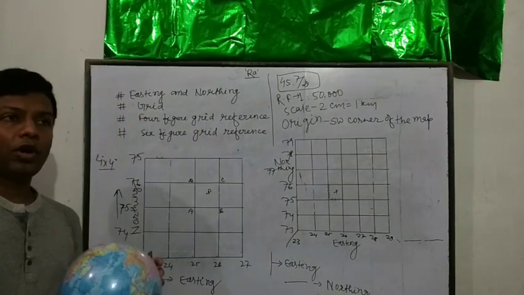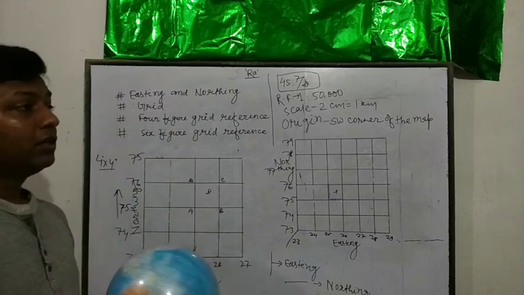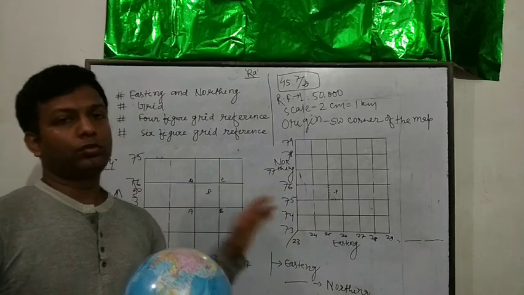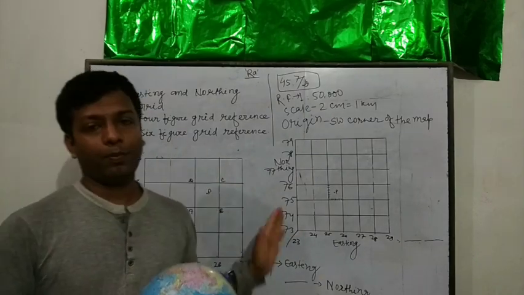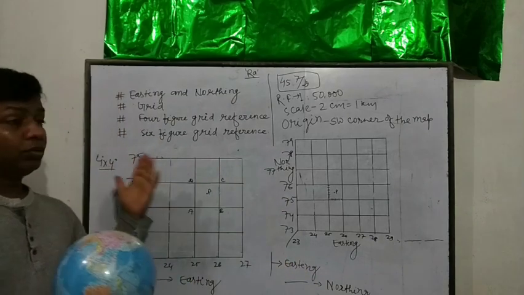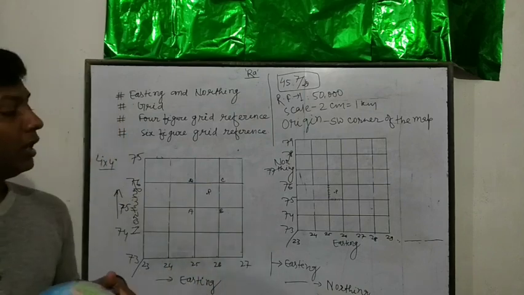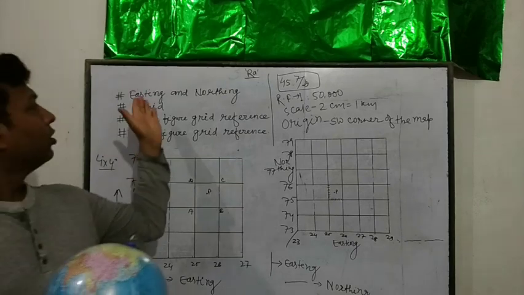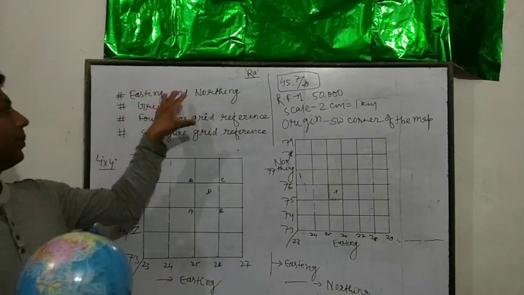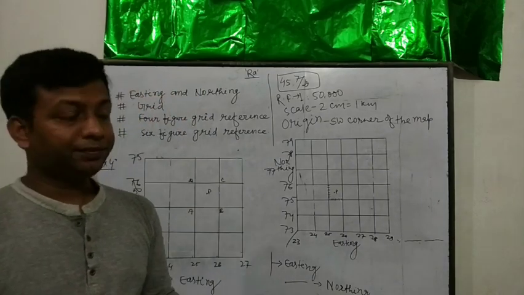And in the topographical map, these are x and y coordinates, and this is a 2D figure because we can draw it on a sheet of paper. So this is a 2D figure and an xy axis figure. With the help of this, we can easily understand. First and foremost, the axes. In the topographical map, the axes are named easting and northing. What is easting and what is northing?